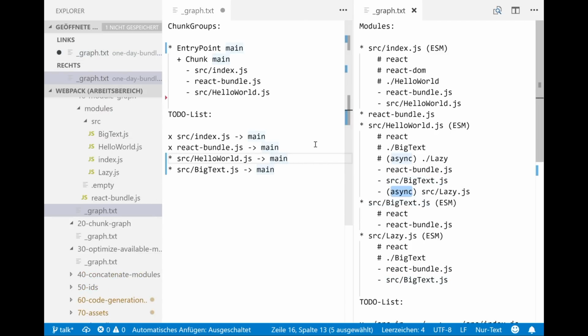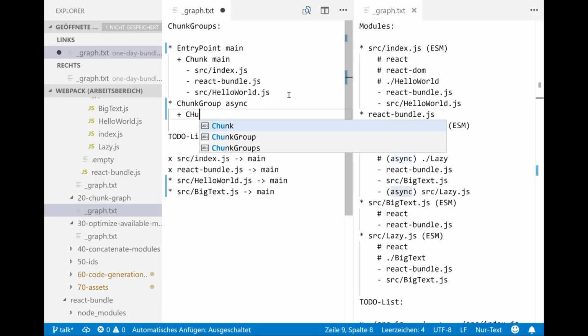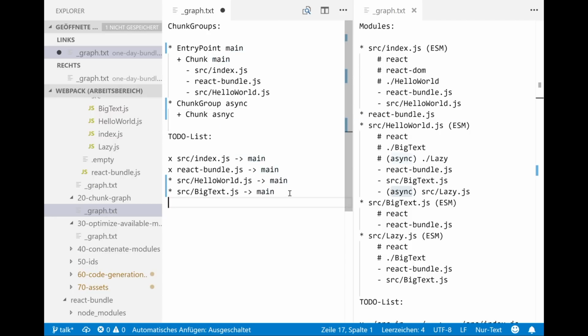We need to do something special, and for an async dependency, we just create another chunk group, and call this async chunk. We note on the to-do list to move lazy.js into async. Okay, done with hello world.